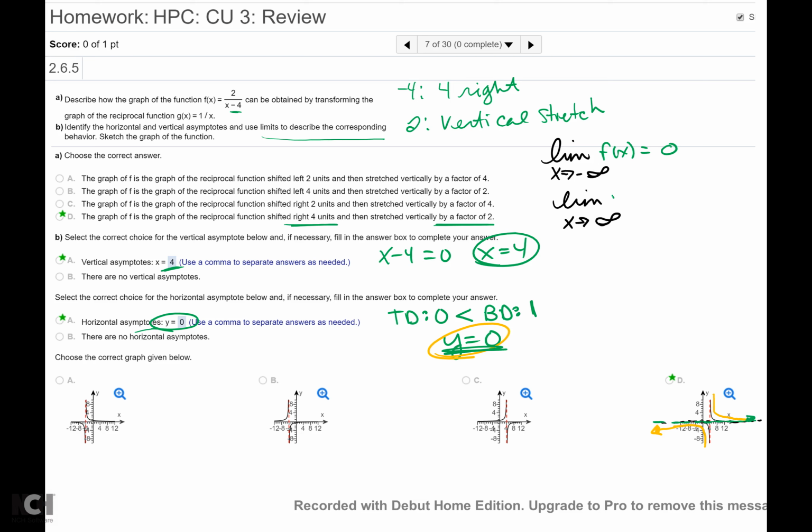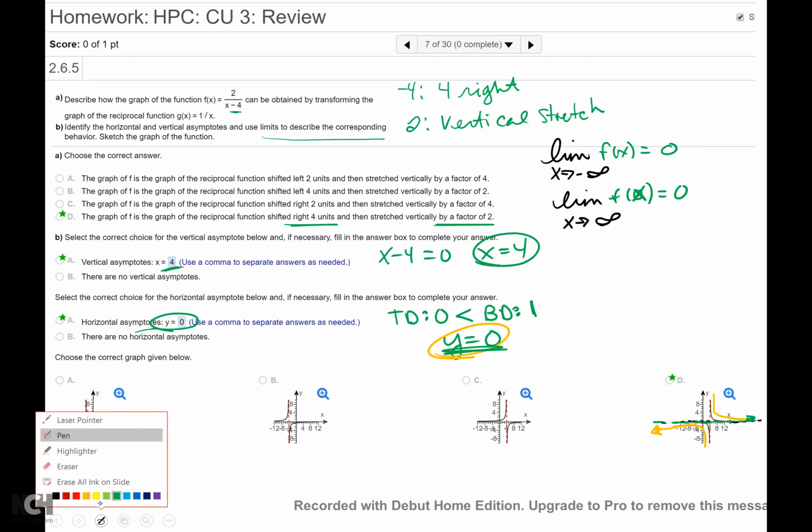So it's approaching 0. So there's my end behavior. Now we have to do asymptote behavior. I don't know if they're really going to ask you for that, but